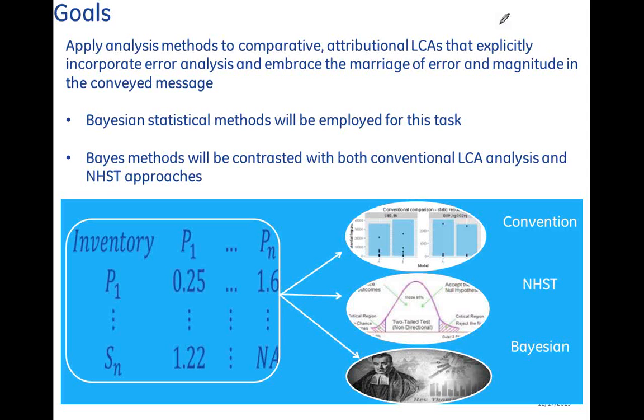One of the ways that I have come across that really treats this well is Bayesian methods, or Bayesian statistics. They inherently work with distributions. They don't rely on point estimates or necessarily report point estimates as a default. Distributions actually are their default. And so what I'll be doing is trying to hopefully convince you that these do have a place in LCA. And like I said, I'll be comparing and contrasting them with not only some conventional methods, but also some null hypothesis statistical methods as well.